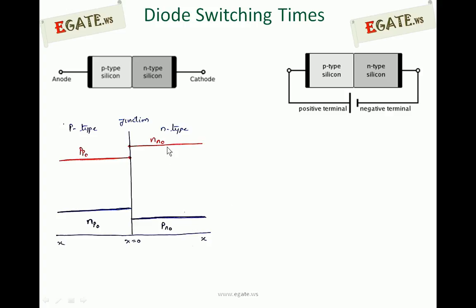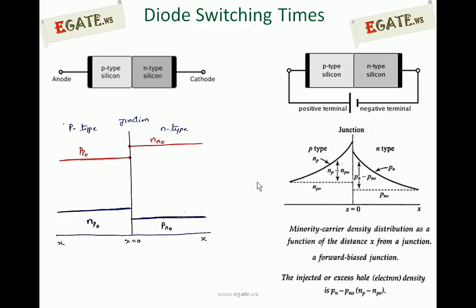Similarly, on the n side, the majority carriers are electrons, which are repelled by the negative terminal because of forward bias, and the repelled electrons enter the p side. Initially they are very large in number at the junction, and as they enter the p side they become minority carriers. They try to recombine with the holes present in the p side, which are majority carriers. So the concentration of electrons reduces exponentially from the junction as you move away from the junction towards the p side. So this is the diagram representing